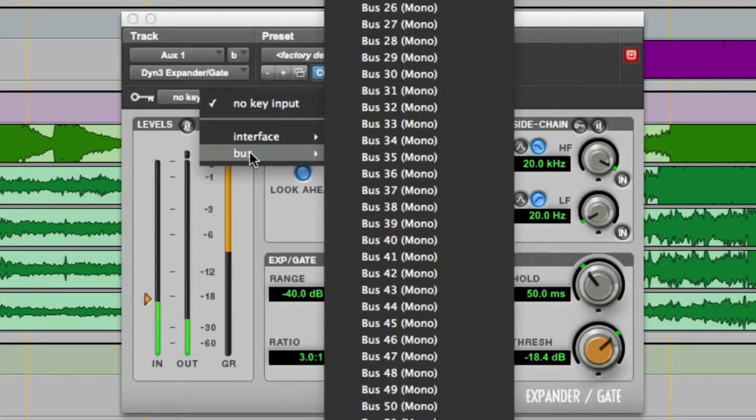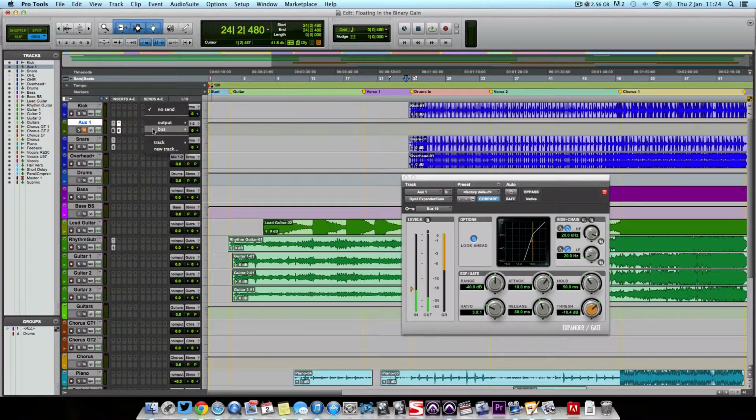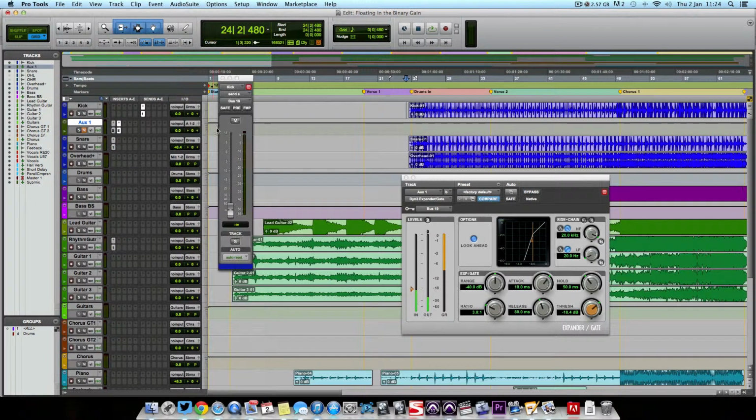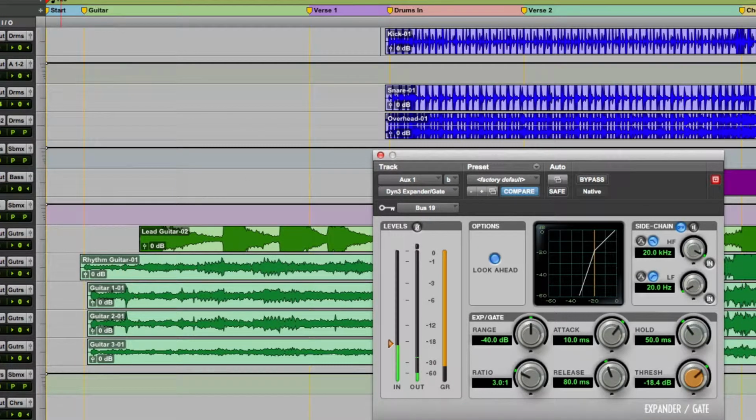This is the key input or the side chain. And that means instead of listening to its own signal to judge when the gate should open or trigger, it uses an external input to make that decision. And what we want is the kick to be that trigger signal. So we send the kick to bus 19. We get this side chain to have the key input as bus 19, and we tell it to listen to it. So then when we play it,